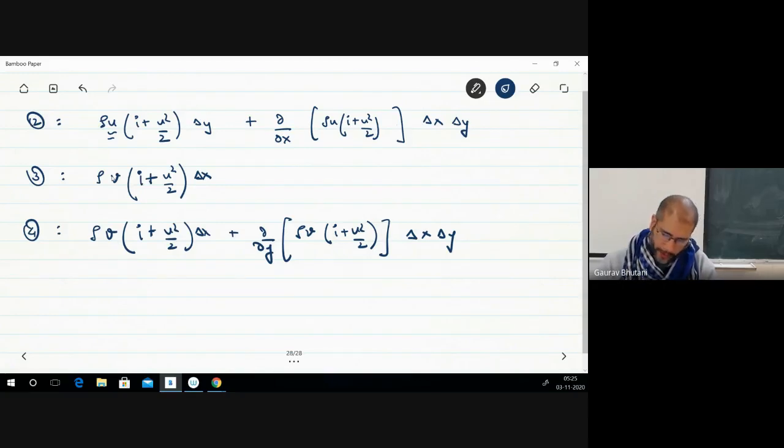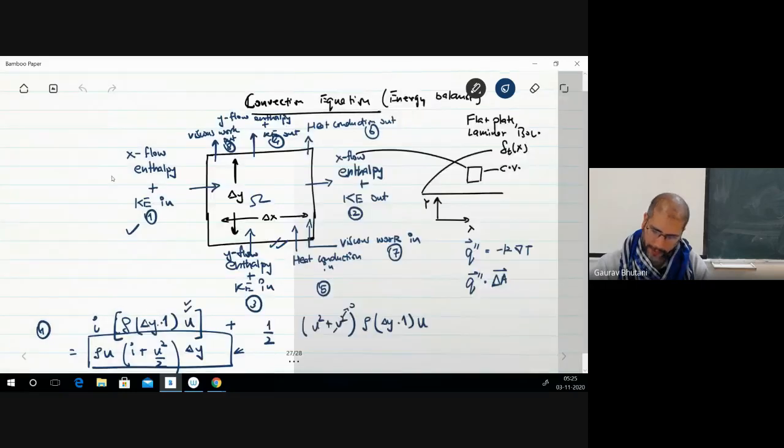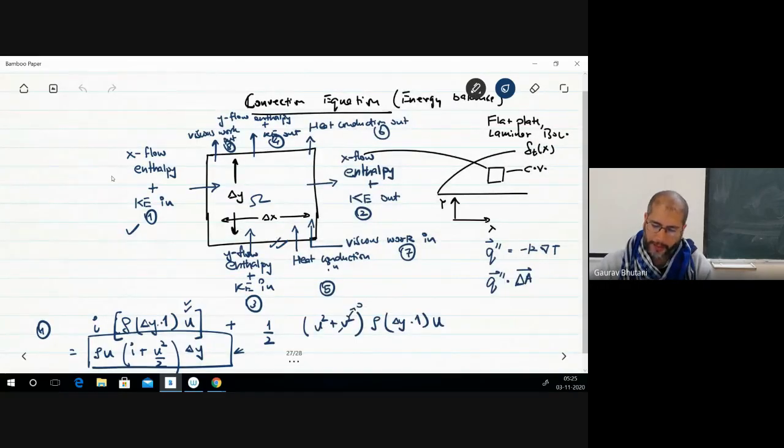Okay, so we are almost out of time today. I'll stop here and I'll continue the discussion tomorrow, when we'll write the expression for the other terms, that is term number 5, 6, 7, and 8. And then we will do a balance. So we'll say that the rate of energy flowing in to the volume is equal to the rate of energy flowing out from this volume, because we're talking about a steady state situation where the temperature inside this control volume has stabilized with time. And once we do this rate of energy balance, we will be able to derive the convection equation.